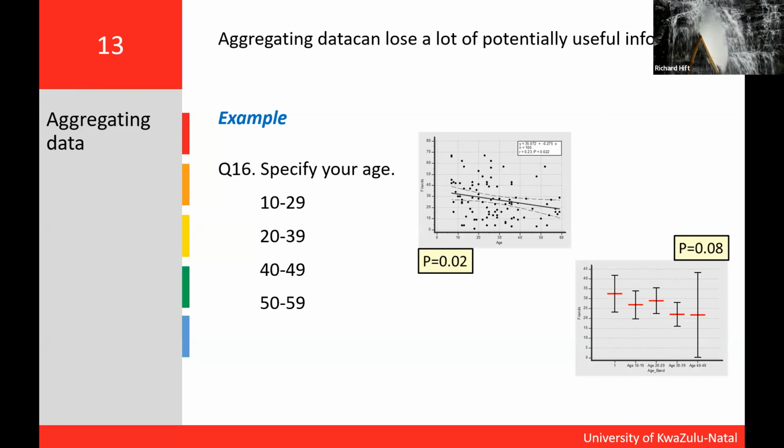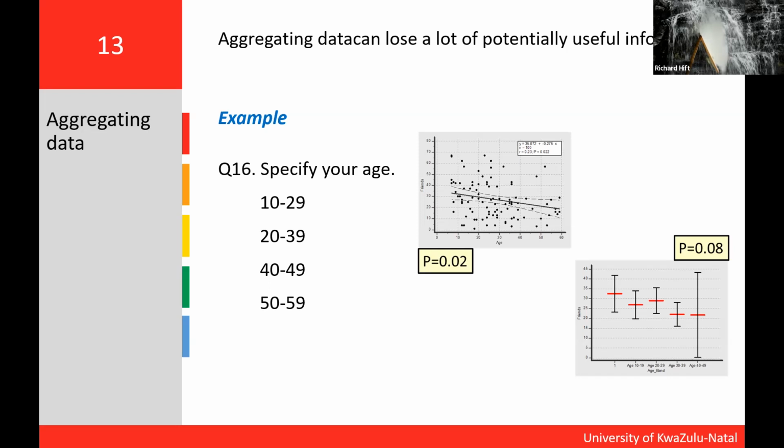If you're surveying the schools that our students come from, capture the name of the school. Don't just categorize it at the start as rural or quintile 1 or privileged or less privileged or something like that. It may well turn out that there are things you haven't thought of. For example, quintile 1 schools in one area may produce a different sort of student to quintile 1 schools in a different area. And you can't tell that if all you know about the school is it's quintile 1. But if you know it's quintile 1 and you can look up the name of the school and find it's in Underberg and the name of the other school is in Port Shepstone, then you can actually start to do